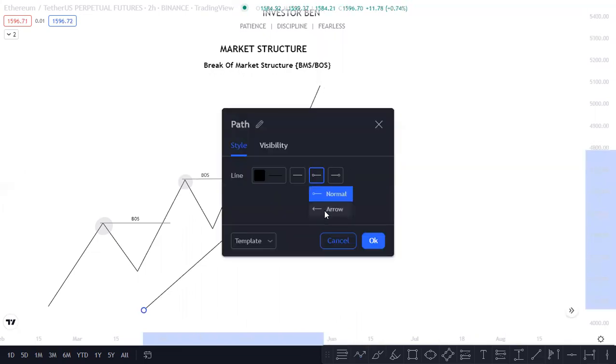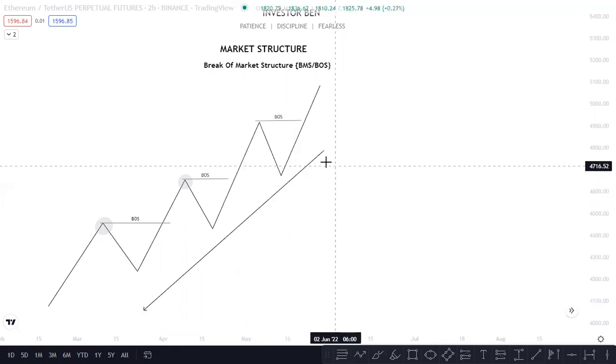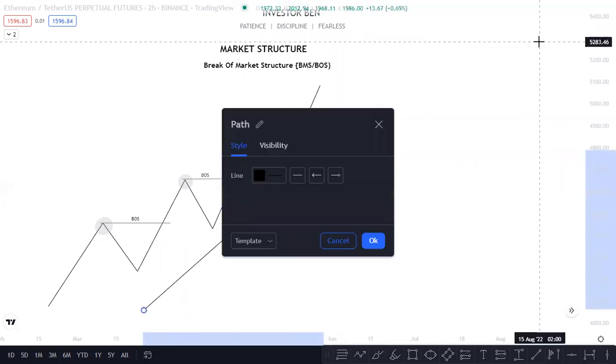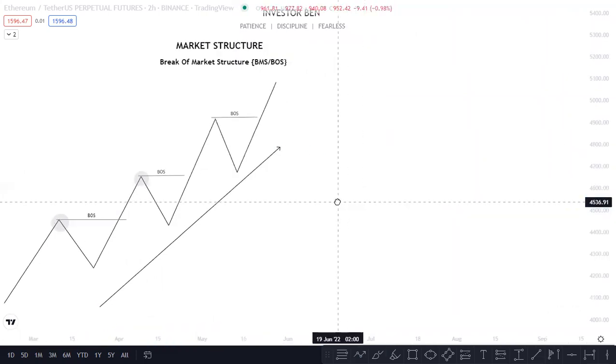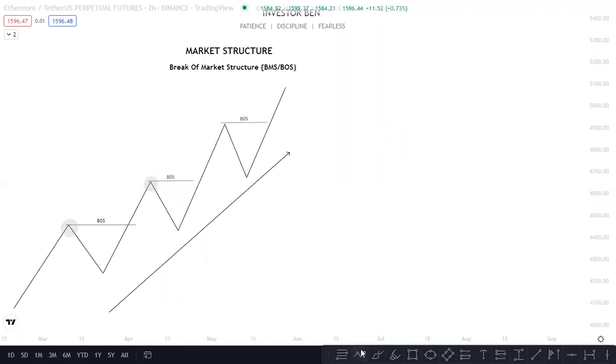So coming to the downtrend, the reverse is the case for a downtrend structure. Okay, let me tag this. You know that this is your higher low, your higher high, your higher low, your higher high, your higher low, or you can call it your lower high, right? Anyone you call it.